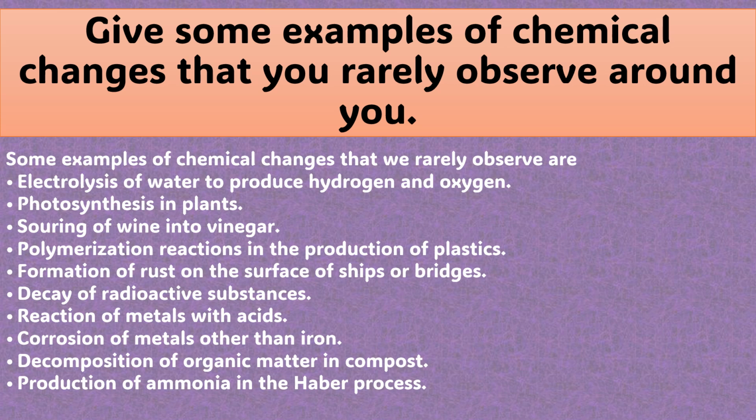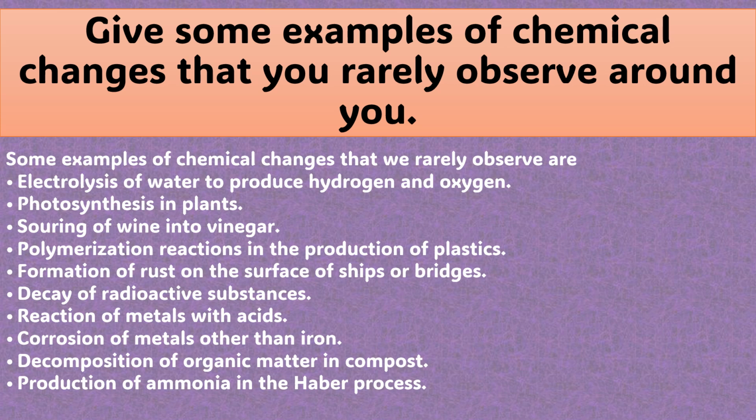Question number 21. Give some examples of chemical changes that you rarely observe around you. Answer. Some examples of chemical changes that we rarely observe are electrolysis of water to produce hydrogen and oxygen, photosynthesis in plants, souring of wine into vinegar,